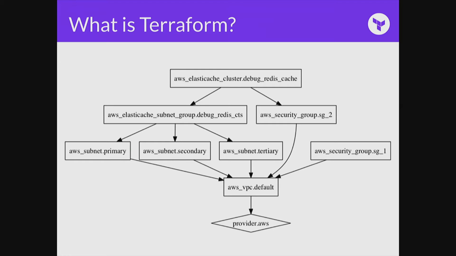So it uses the configuration and the interpolations in there to construct this graph so it knows how and what order to do things. And in this graph you can see the example of parallelism in that those subnets can be created at the same time as the two security groups. That other security group, I don't know why I left it in there because it's apparently not used by anything. But hey, maybe as an operator that's a good thing, because you know, I don't need that